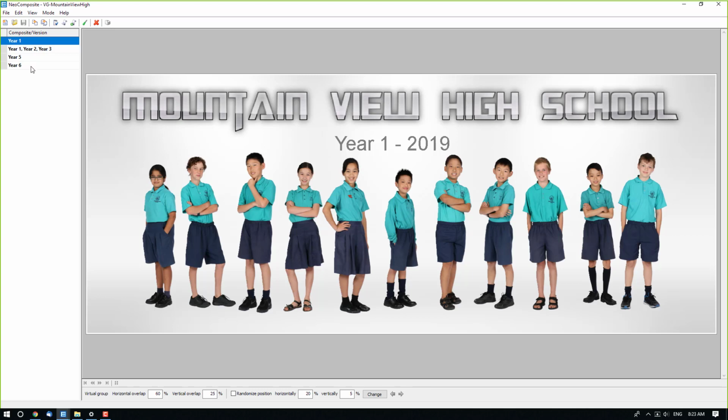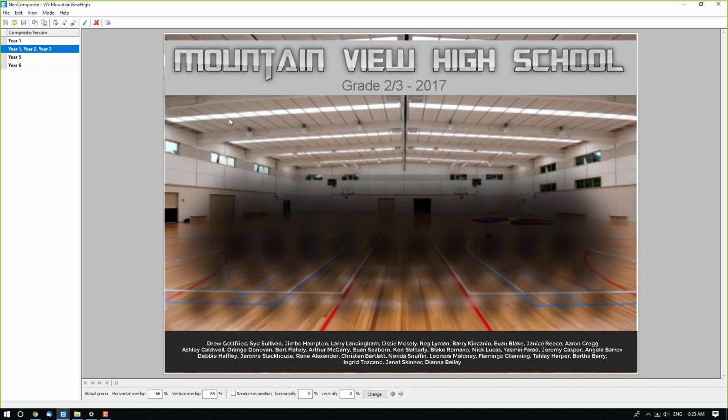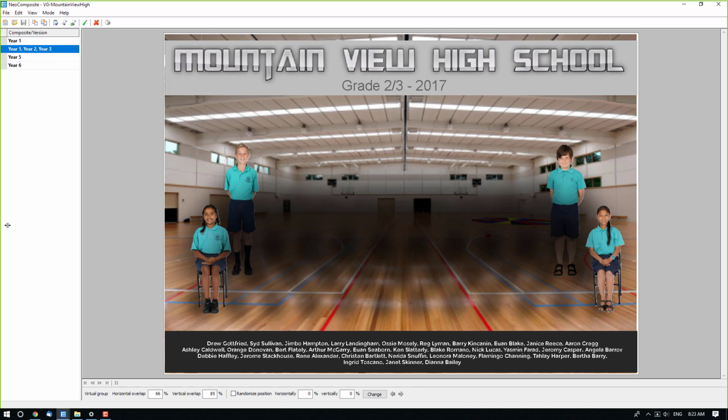Now I'm showing you a single straight line virtual group because it is easy to see the heights, but it can be done also. It applies to a more traditional looking group. If we go to the next page, this will take a little bit of time to draw, so bear with us there. With all the things running on my computer, I'm running out of CPU. You can hear my hard disk churning away there. So as that draws,